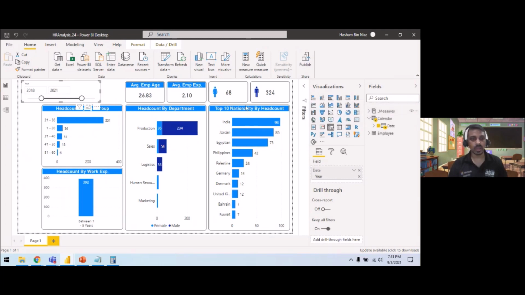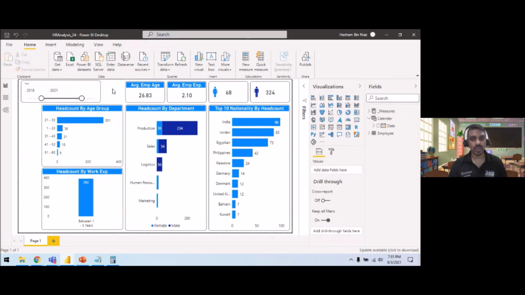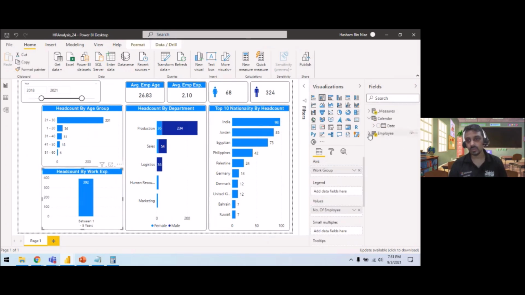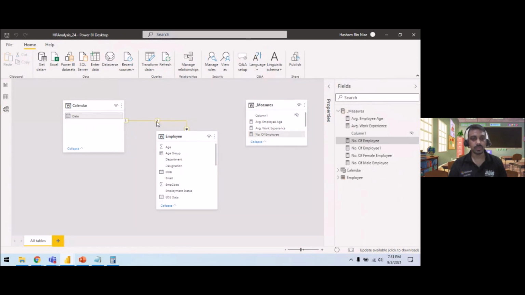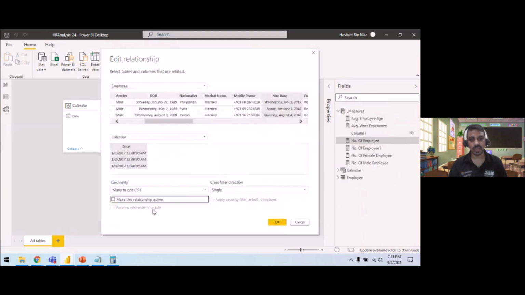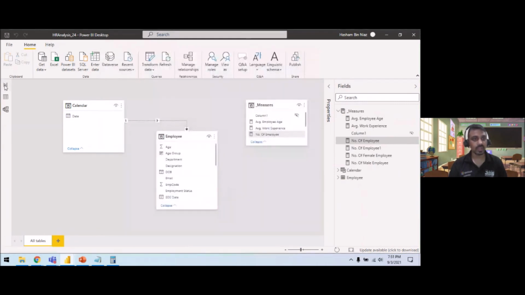I think nobody actually has a question, but OK, I will just show you on this particular chart. You see there is no difference. When I place these two measures, they are showing me the same value. Why? Because I have an active relationship. To get this calculation correct, if I go here to the properties and make this relationship inactive, now if I go back here,